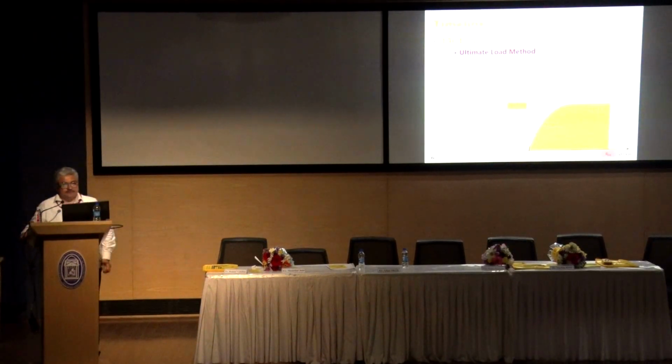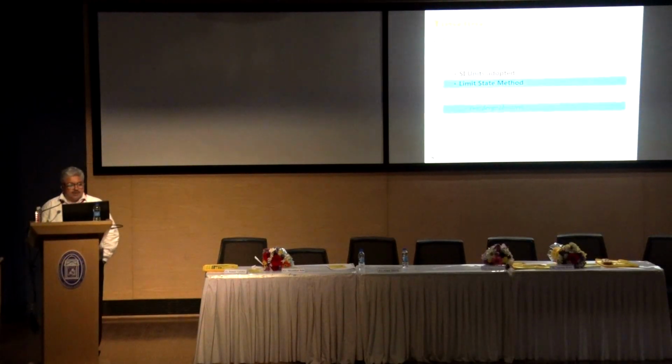Okay, and if you see the stress block, it was 0.68 or whatever we call it, 0.67. That was the strength. Concrete ultimate strain capacity was 0.0035, which later was used in the 1978 revision, which is the third revision, where we got our limit state method of design. And we continued with that same thing.